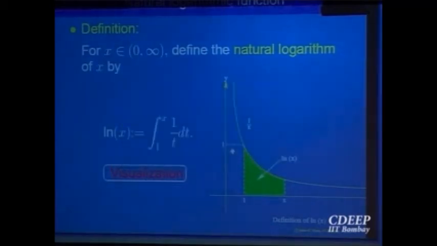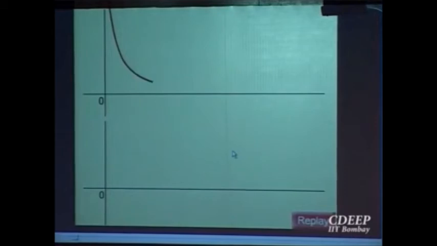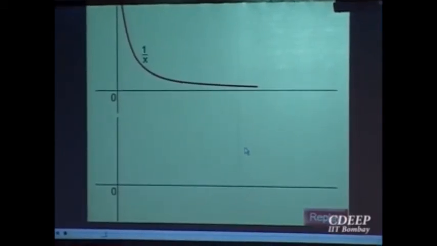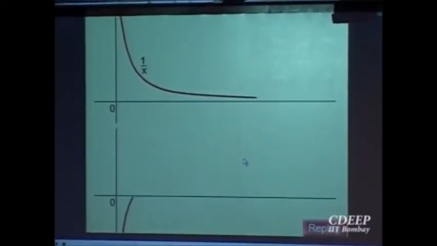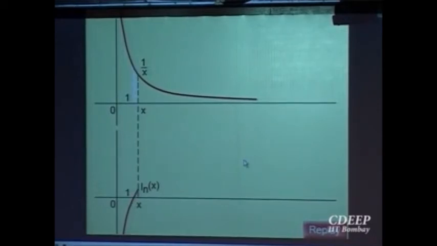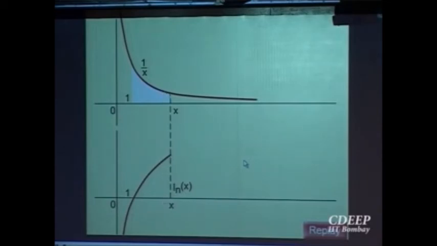And let me give you your quota of visualization. This is 1 over t or 1 over x. So the value at a point is the area which is shown in white, right? So look at the point 1 to x. Look at how much area there is below the graph of 1 over x or 1 over t, and that is the value ln of x. Okay? As you go on increasing, the area is increasing because the function is non-negative. So ln of x is going to be an increasing function.